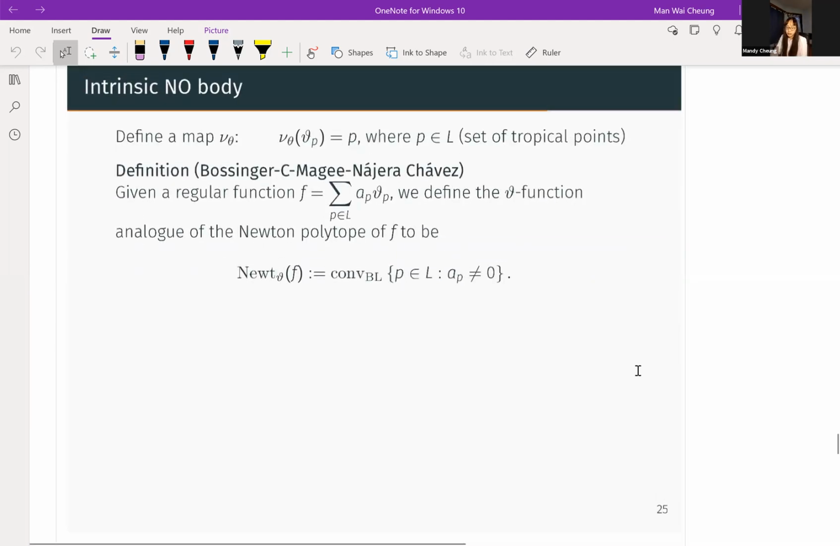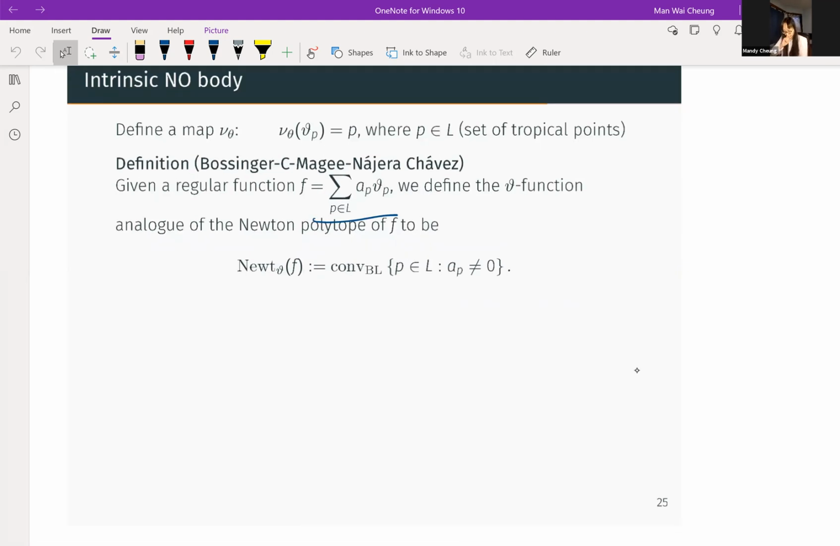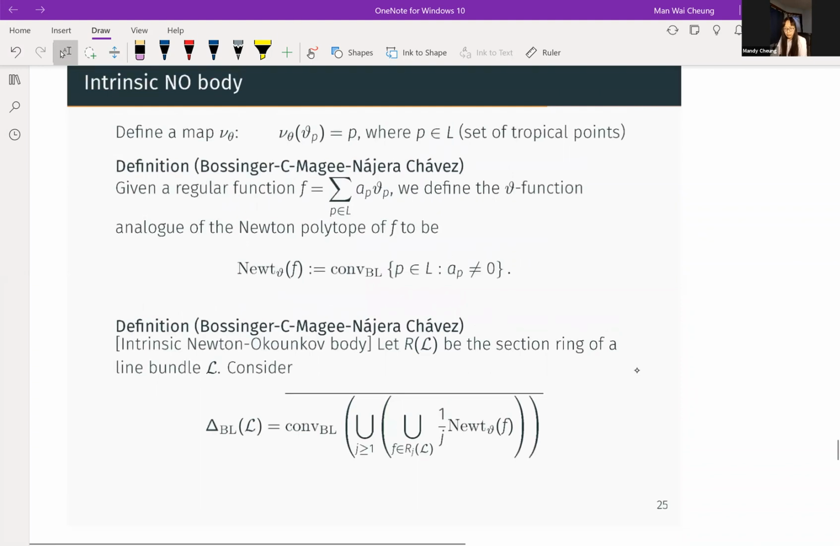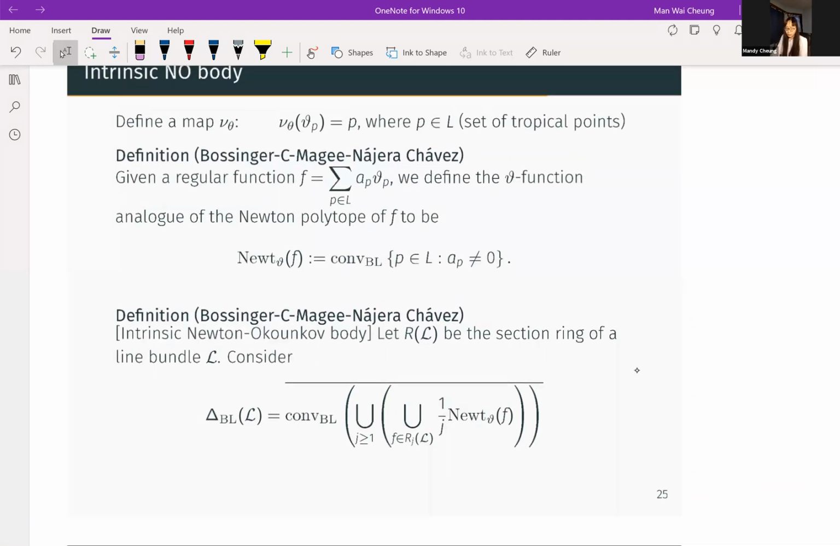Now, given a function which can be expressed as a linear combination of theta functions, we define the Newton theta function analog of the Newton polytope of F, which here you can see we are doing nothing. If we forget the Bokenite part, we are doing nothing but just looking at the Newton polytope corresponding to the basis given by theta functions. But now what we have is, we look at the Bokenite convex hull of those points. And then what we define, we call them the intrinsic Newton-Okounkov body, which is,